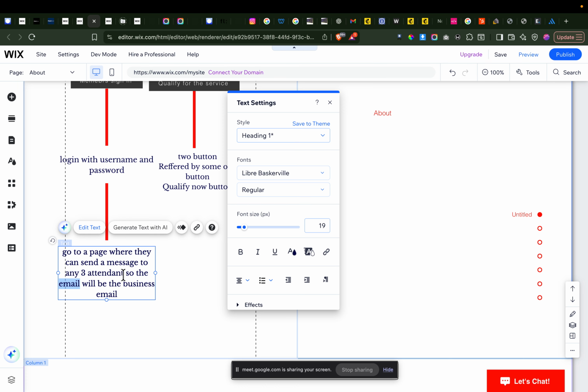Then if they want to send a message, there can be a pop-up that links to the business email.